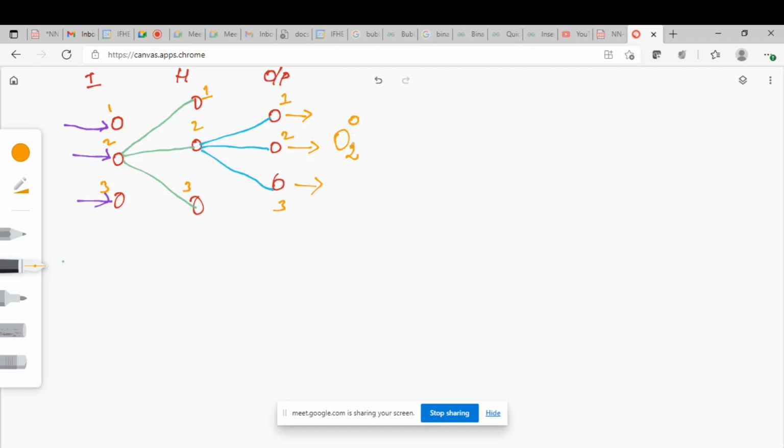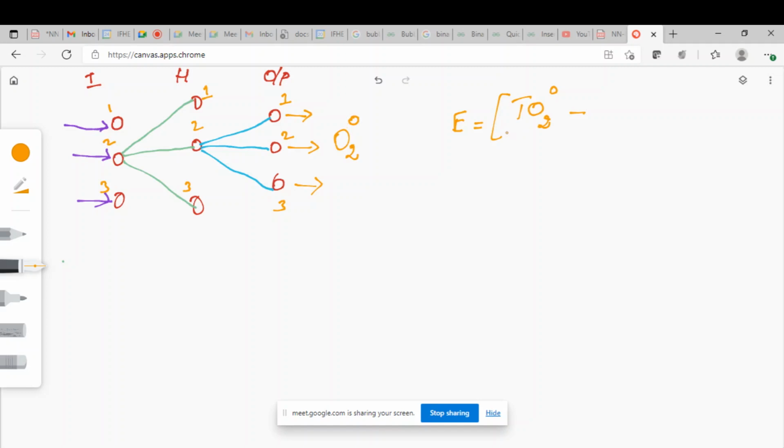Now for this output we have to calculate the error. For back propagation, all these things are required. So we have to calculate the error. Error we can define something like this: E is equal to target output minus the observed output. This is the observed output. Target output is the true output. Let me call it TO, the target output of the second neuron of the output layer. It is something that should be there.